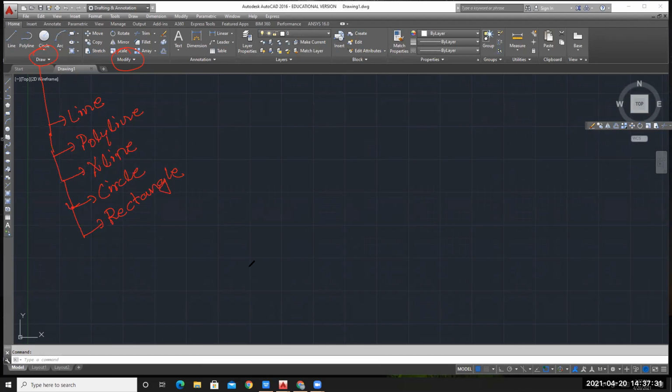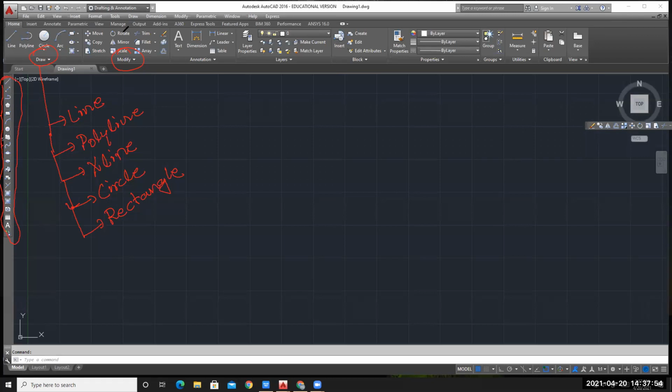These all come under your draw category. Here on this side also you can observe those commands. I will highlight it with red color. On the left hand side you can see one toolbar is there. One by one I will show you all of them also.